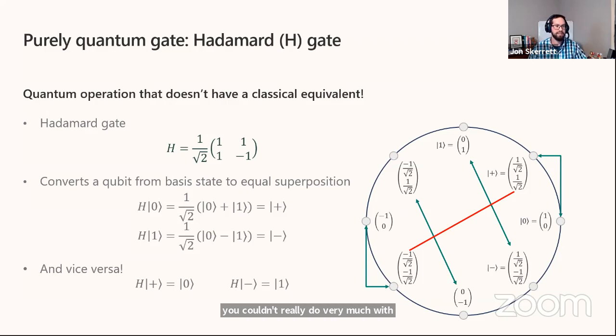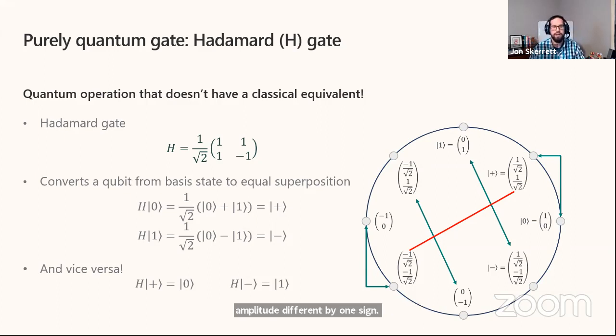The first gate that doesn't exist in classical computation is the most popular of all the gates. It's the Hadamard Gate. And it has this interesting matrix right here, H equals 1 over square root 2 multiplied by [1, 1; 1, -1]. It's not a diagonal matrix, and it's not an anti-diagonal matrix. It has all 4 elements non-zero, which means that it takes a qubit in a basis state, which has its classical equivalent, and puts this qubit into a state of superposition, in which both vectors have non-zero coefficients. It puts it into equal superposition. It's got states in which 0 and 1 have equal amplitudes, or equal amplitudes differing by a sign.